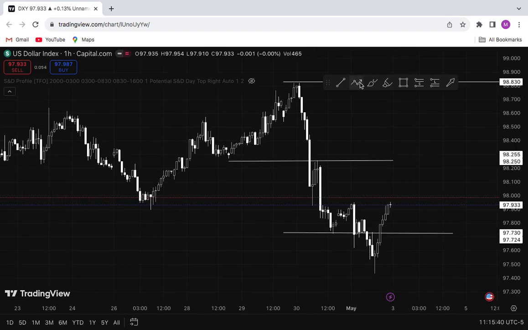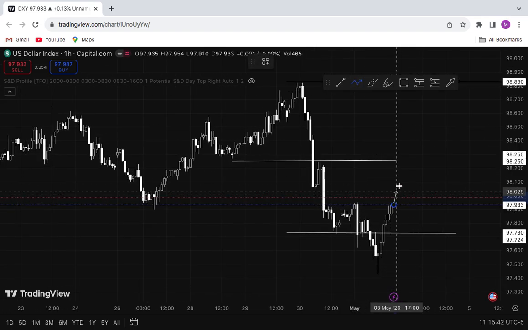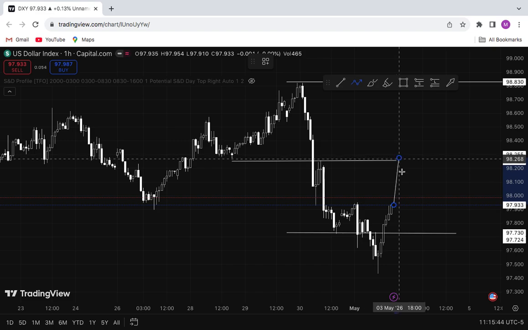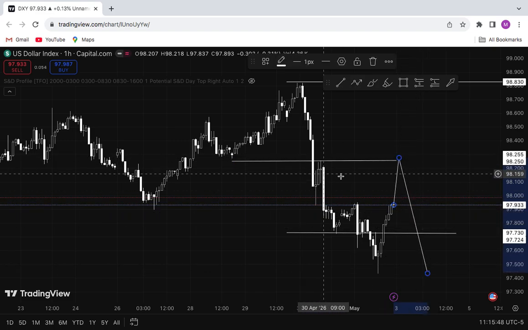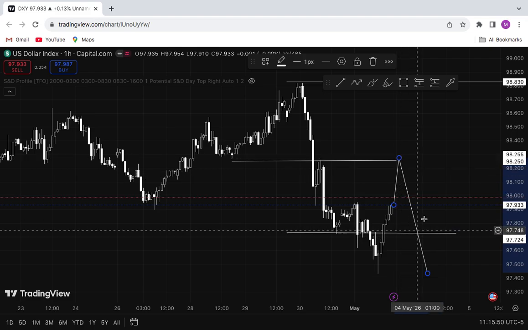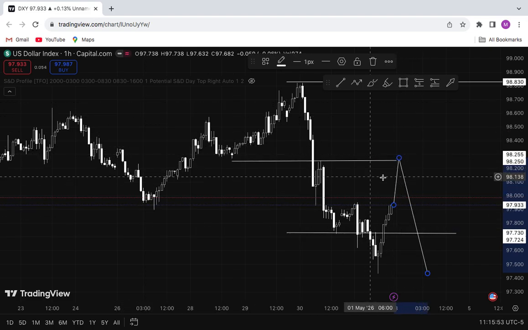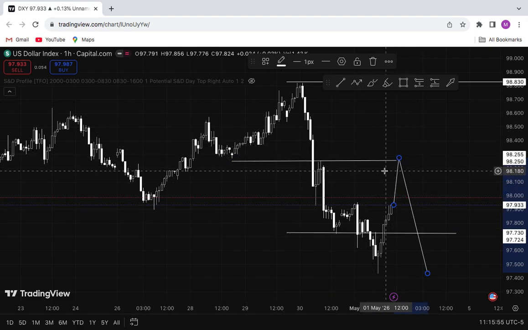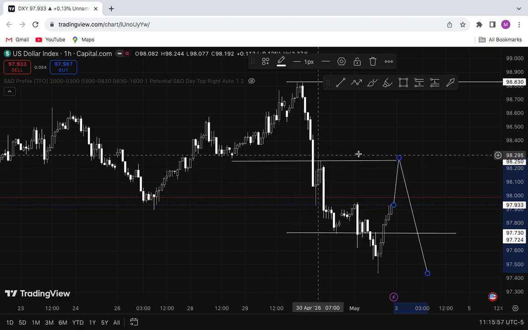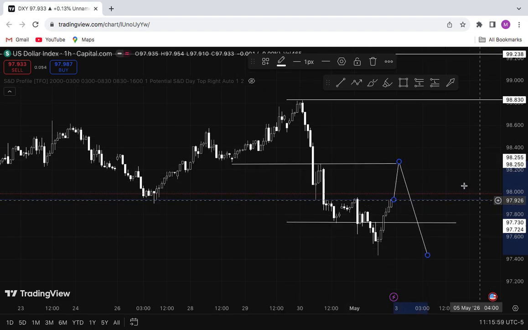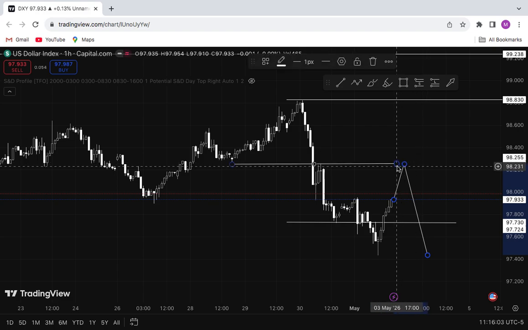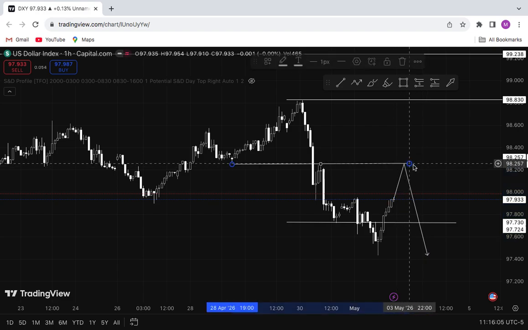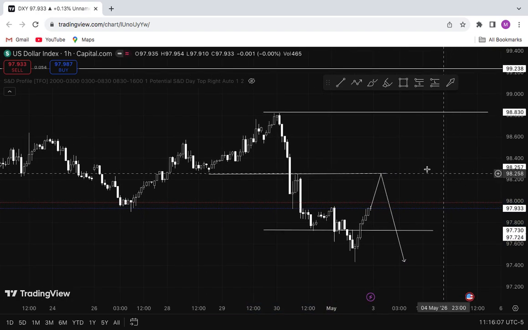I'm expecting the market to open, buy and take out this liquidity, and then that's where we'll be looking at a sell continuation. So we'll be selling after the price has collected this 50% key level, which is this area where it's reacting as a breaker block. So that's just what I'm looking at based on using the CRT concept, which is trading the ranges.